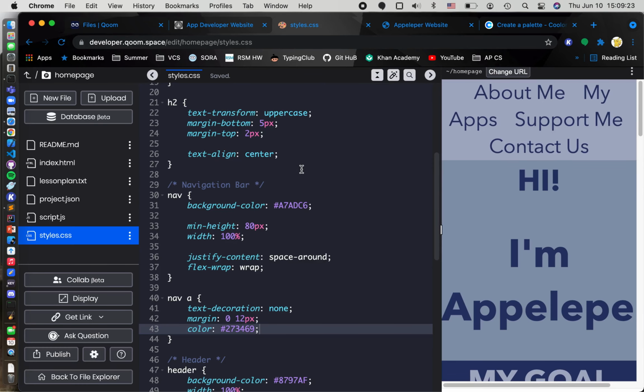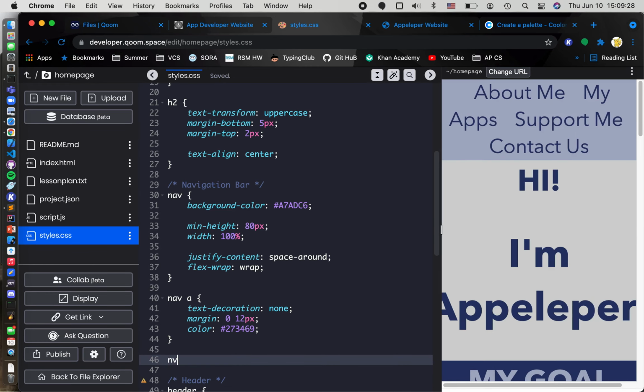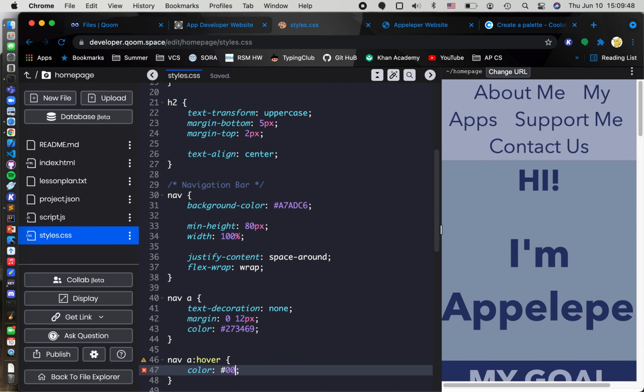But to make this a little bit more obvious, I'm going to do another one: nav representing the whole thing, A representing the links, colon hover. What colon hover says is that I only want to reference whenever my mouse is hovering over any of these. I only want to call this style. And in this style, I'm going to have another color for the time being, 000. This is white or black. This is black, right? So now if I hover, you see that the color of this text changes to black,